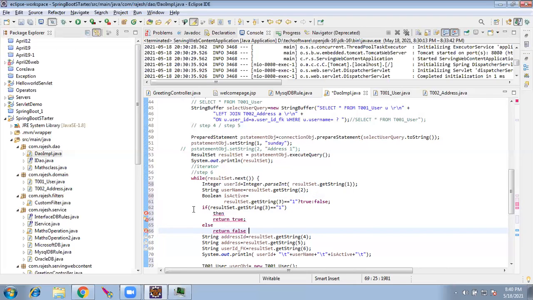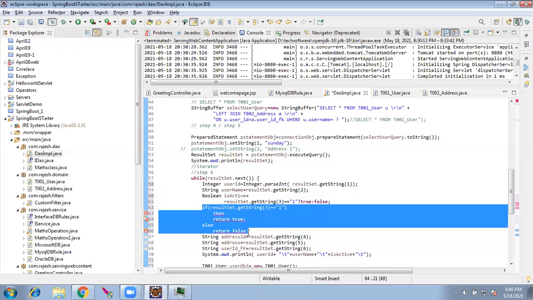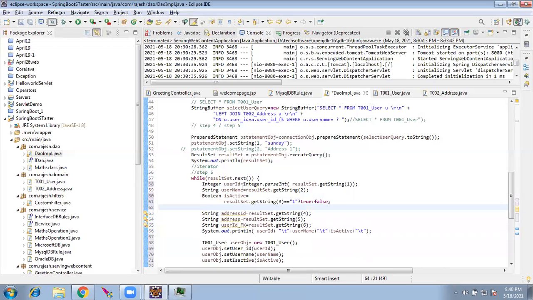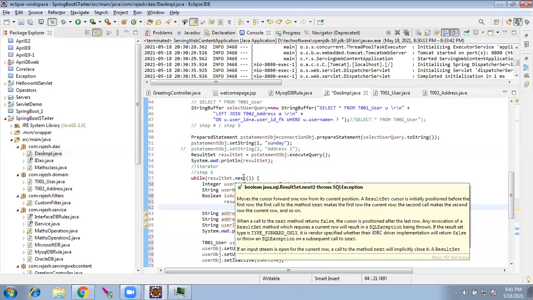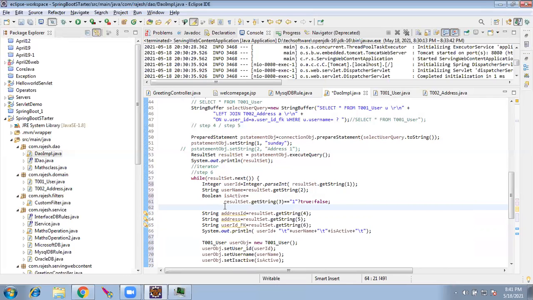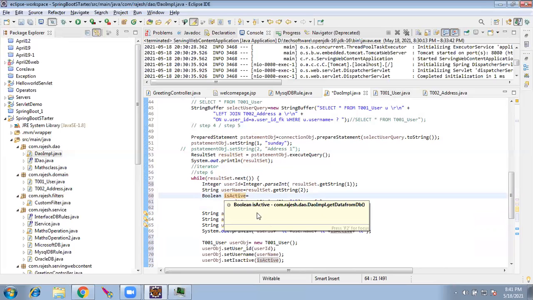So this statement is replaced as one single line. If the result set is having 1, then make this value as true, else make this value as false.